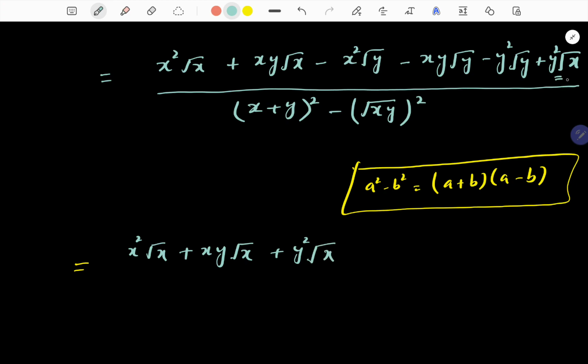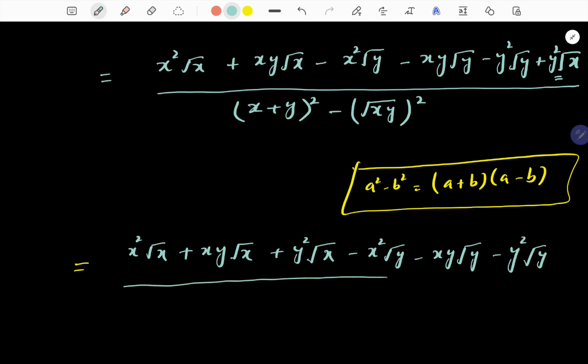We have taken this term along with this term, as we have taken aside all those terms which have square root of x. Now we rearrange the terms having square root of y, that is minus x square root of y minus xy square root of y minus y square root of y, and this is divided by